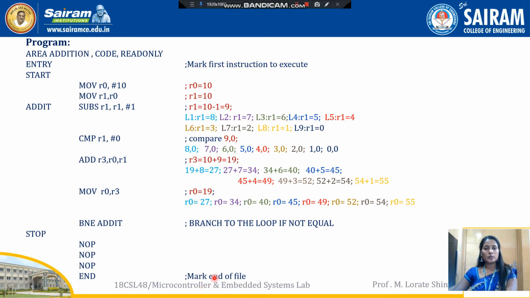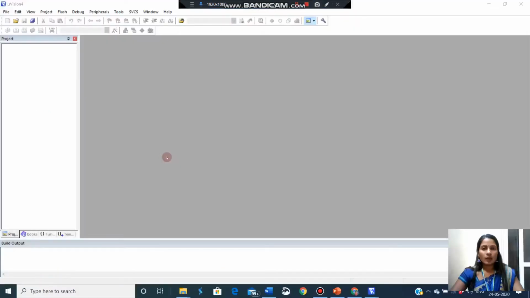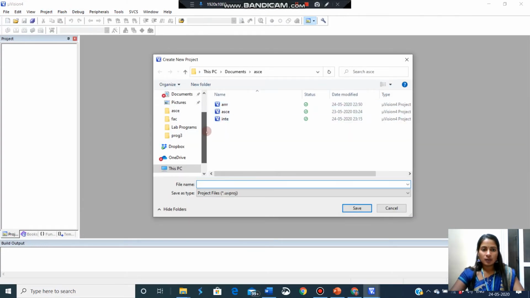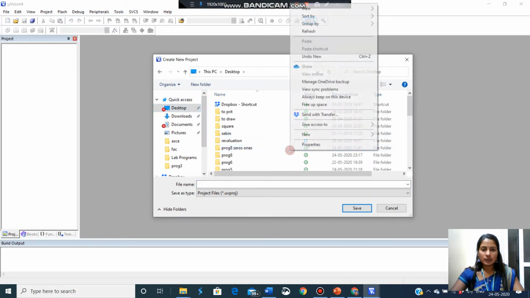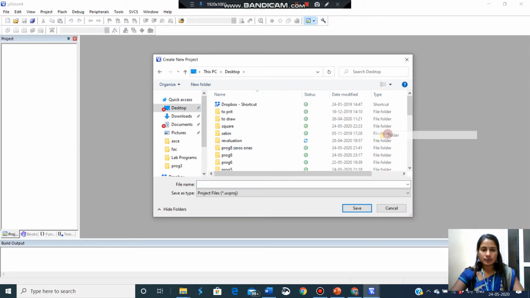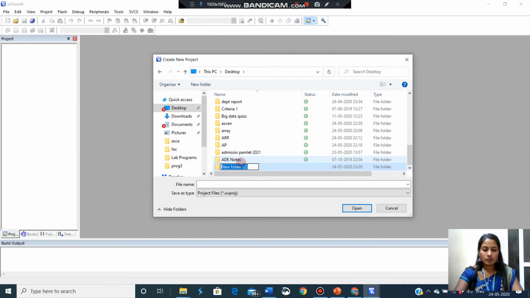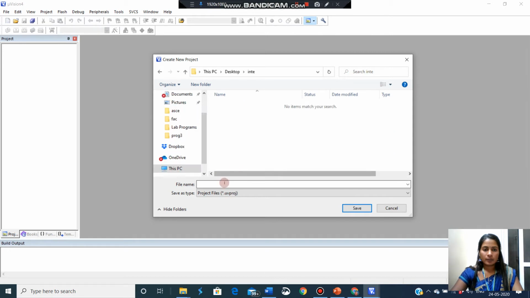We'll see the simulation using Keil software. Students, I have opened the Keil software. First step is Project, New uVision Project. On the desktop, create a folder. I am giving the file name.